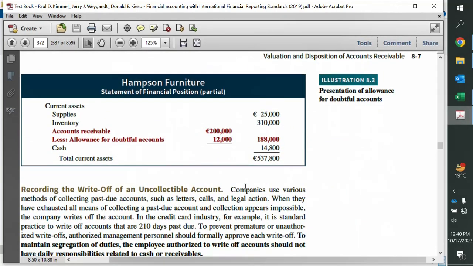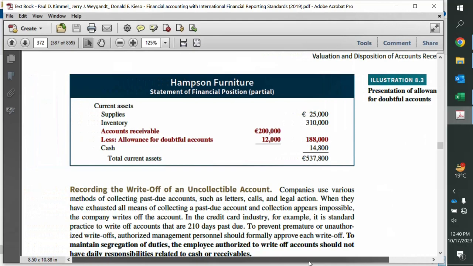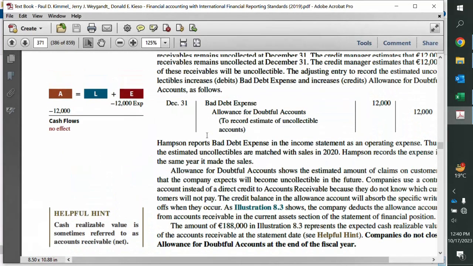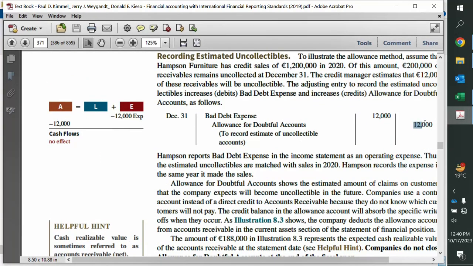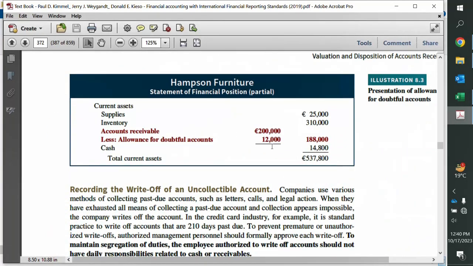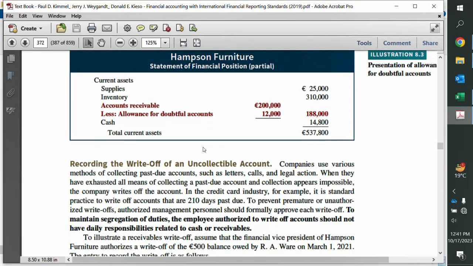And this is how we present account receivable in our balance sheet towards the end of the period. So let's say the allowance account has been credited by 12,000. The bad debt expense will go to the income statement, whereas the allowance account will go to the balance sheet and remain intact with its main asset account. Since it's a contra asset account, it will remain intact with the account receivable. So it will be shown against account receivable. Account receivable has a debit balance, allowance is a credit balance. So the net account receivable is shown in the balance sheet on the asset side.